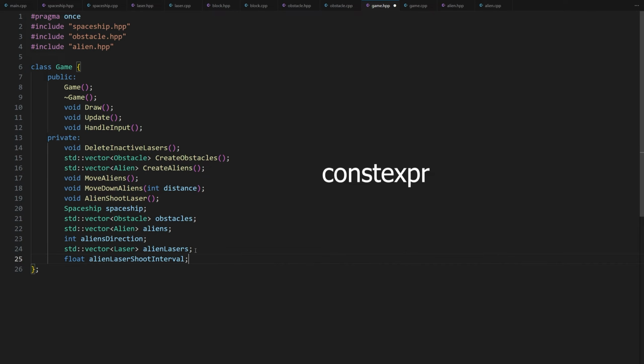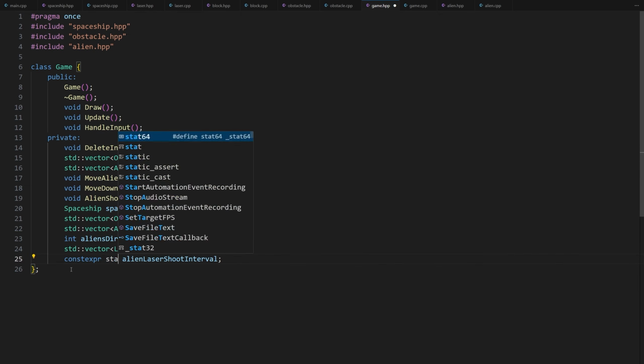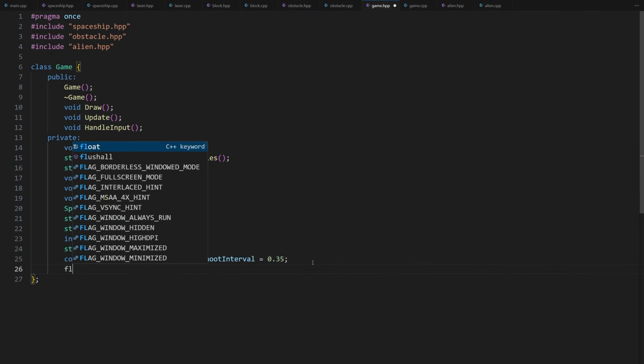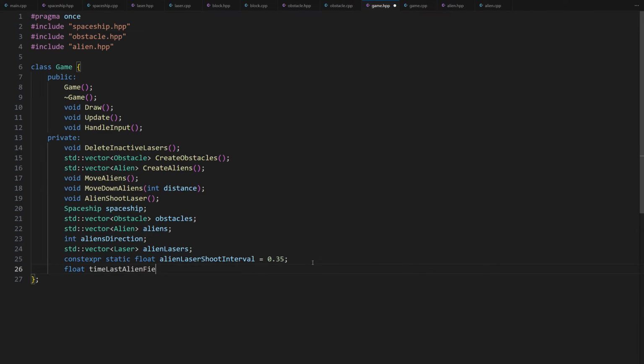In C++, we can use the constexpr keyword to specify that a variable is a constant expression and can be initialized at compile time. Here's how we can do it. constexpr static, and give it a value 0.35. The second attribute will hold the time in seconds at which the laser last fired. float timeLastAlienFired.